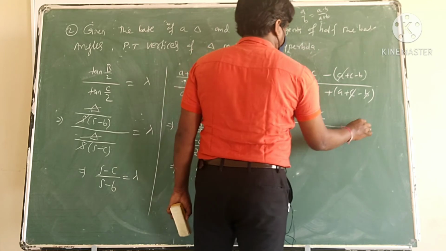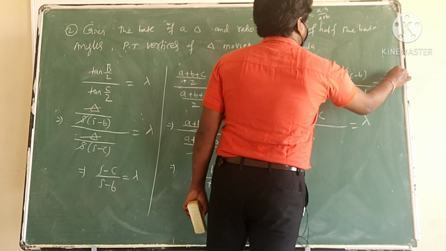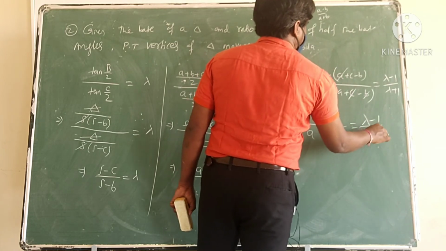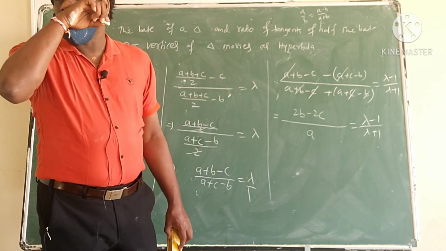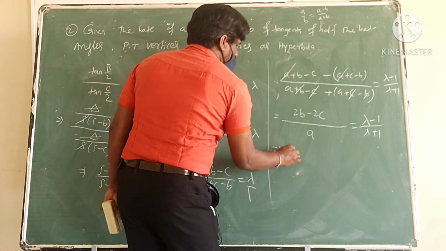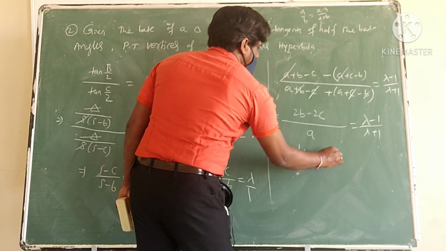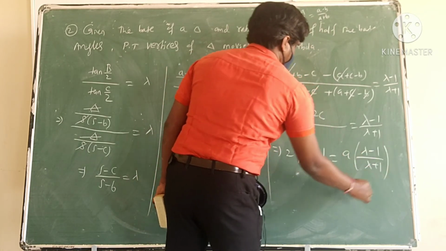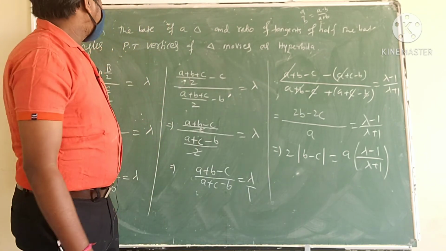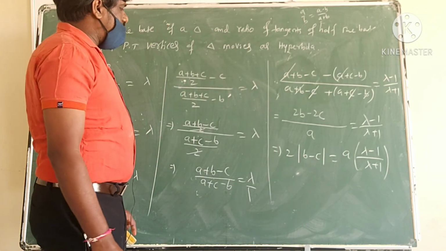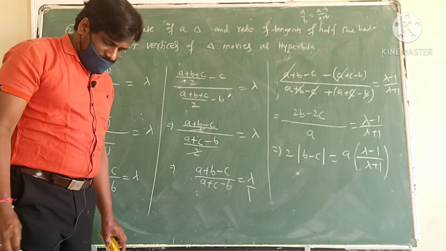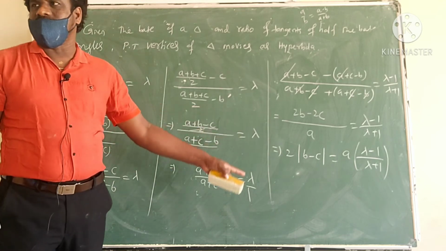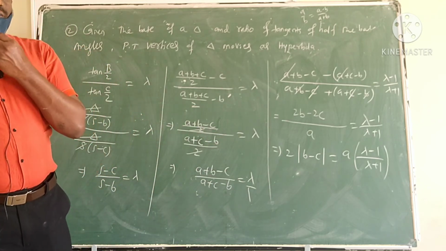by a is equal to lambda minus 1 by lambda plus 1. Lambda is a fixed value, some number, a is a fixed number. So if I multiply, what I get, 2 times of b minus c is equal to a times of lambda minus 1 by lambda plus 1 I will get. Okay. 2b, so you got what here? Here now just simply you can say that side you got constant, difference is equal to constant, you got no, difference is equal to constant.